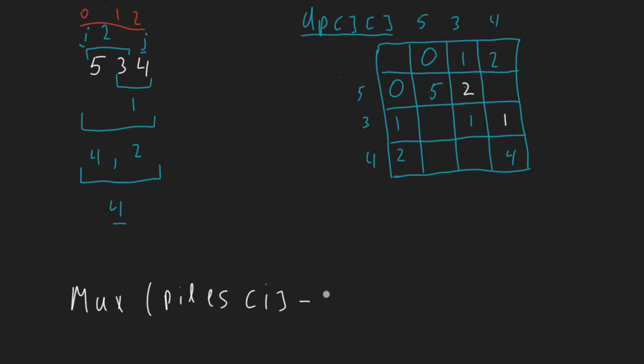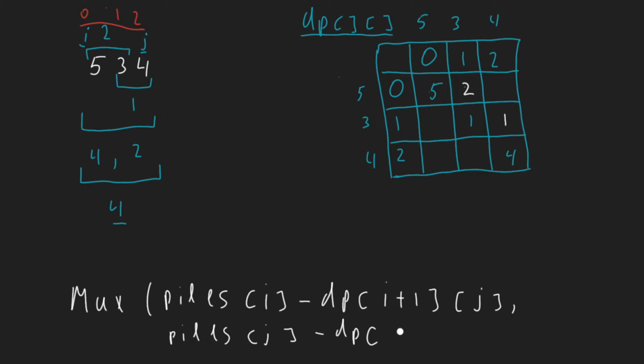So it means that we are taking dp, I plus 1, where I is 0, and j. So we are taking this when we are considering the leftmost element. When we are considering the rightmost element, which means piles j, then piles j minus dp, so we are taking I and the j minus 1. What is the